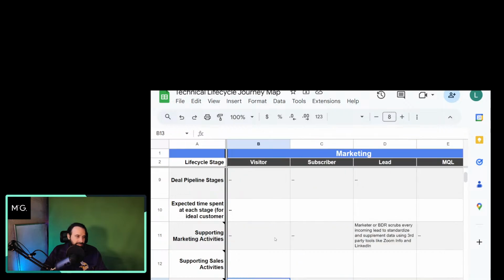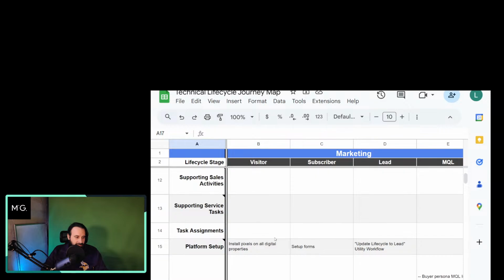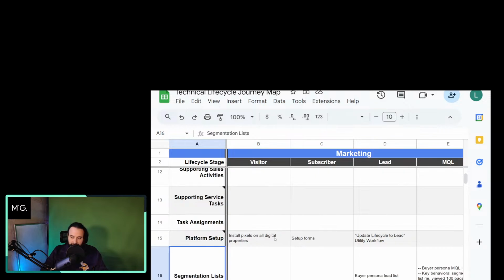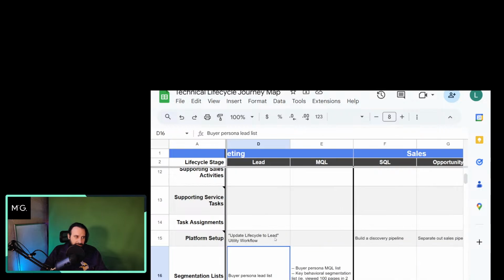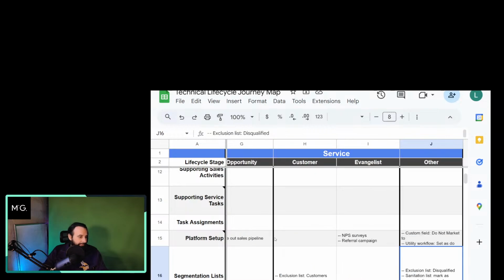So, for example, if you're a marketing team and you're trying to understand what to do with a huge list of leads, it could be as simple as just nurturing, setting up nurturing workflows, right, to try to promote contacts between subscribers or leads. Task assignments, other things might be different platform setups and things that you need connected in order for this to work. And then segmentation lists, right? So there are different lists that can be created as well to say, here are my leads, here are my MQLs, here are my high-scored MQLs, etc. So this is an example of a map